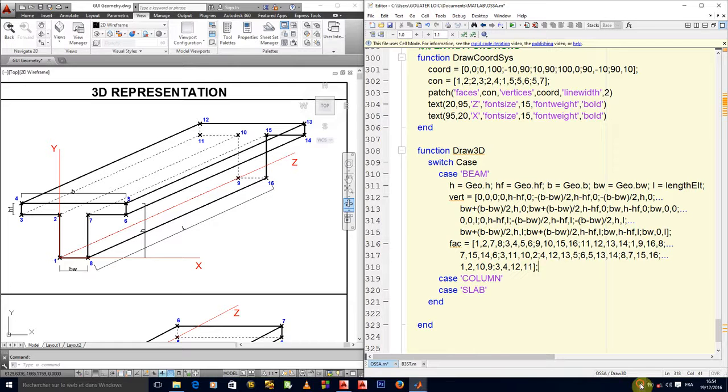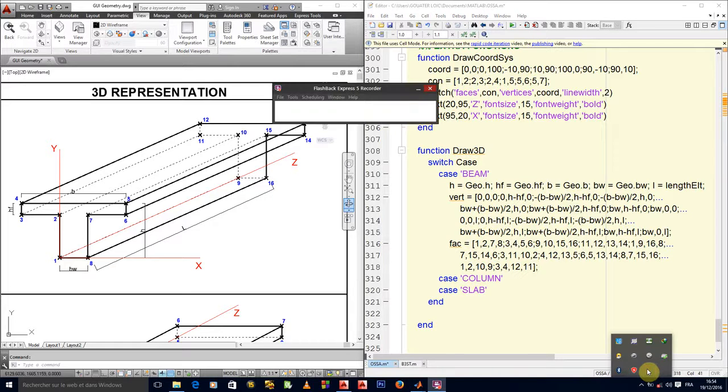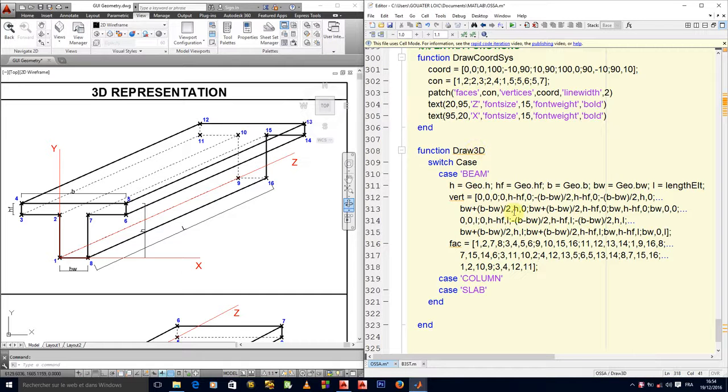So let's check our time, please. Okay, we still have time here. So these are the vertices and these are the faces. So this indicates that this one, 1, 2, for example, is this face that we have in front here. So how will MATLAB draw it? It will come and take this one. So when you say 1 here, you're actually saying go and draw the first coordinate, that is the coordinate that is on the first line of this vert array.